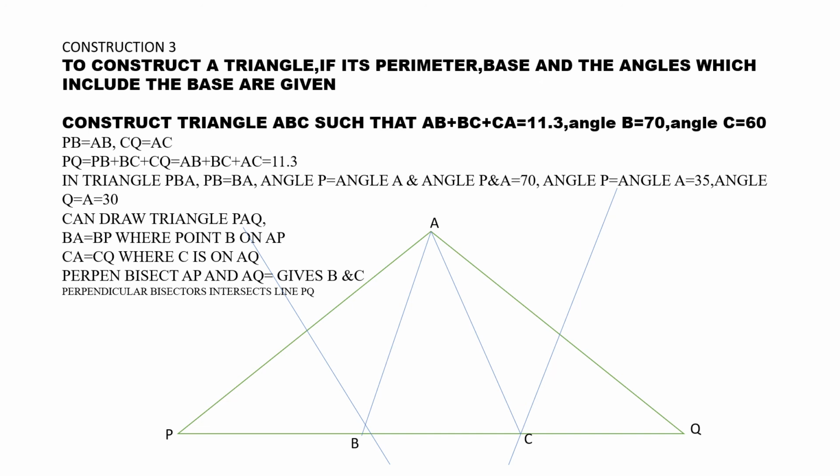In three parts they will divide the perimeter or the base of the line. After that you have to take half of the angle. Why half of the angle given in your question? The reason is there, but we need not go into such detail. If the question comes in your exam, then we will discuss that. Otherwise it is not needed in your standard. Whatever steps are given for constructing a triangle, that is enough according to your standard. So this is the way you will draw with the help of the given information of perimeter and angles.